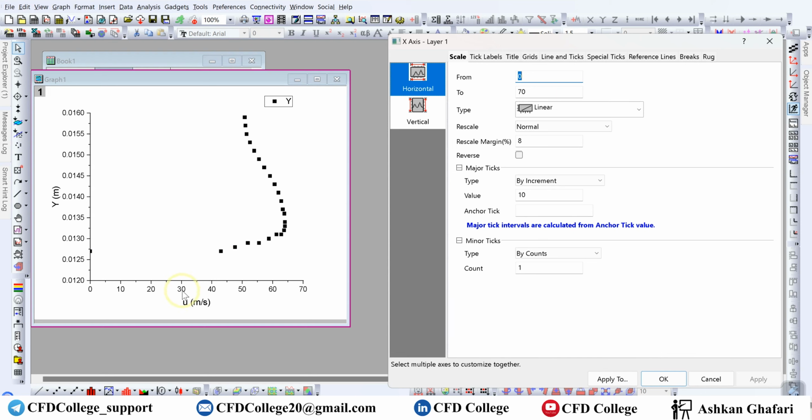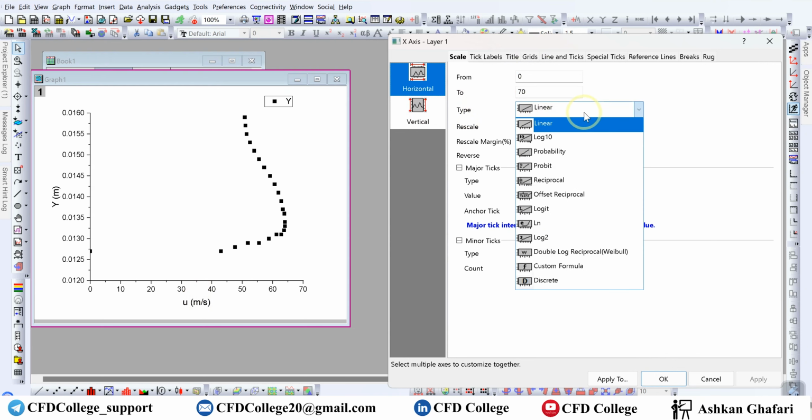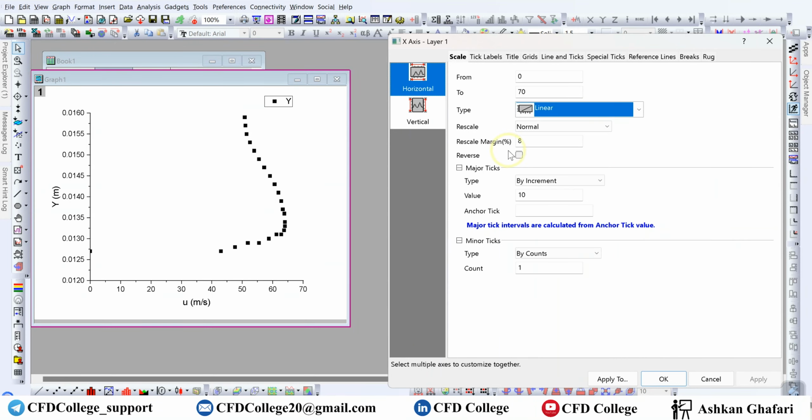If one of your axes or both of them are logarithmic, you can change it. You can change the type from linear to logarithmic, and you can see other options here. Let me see. Okay, here is the